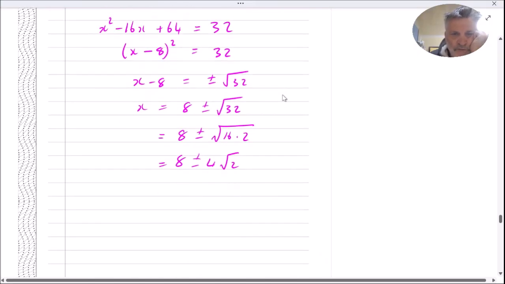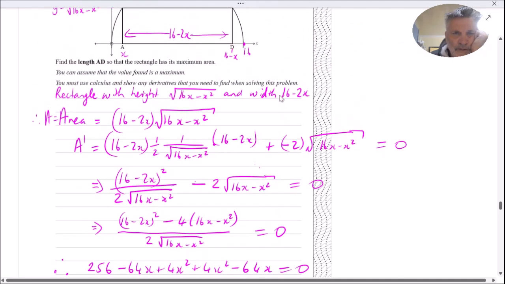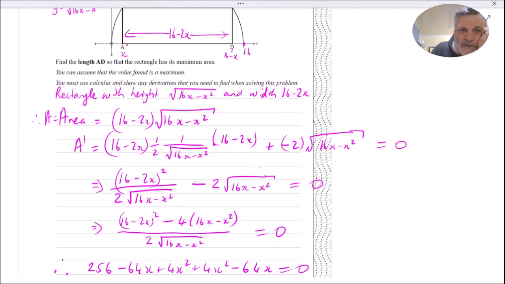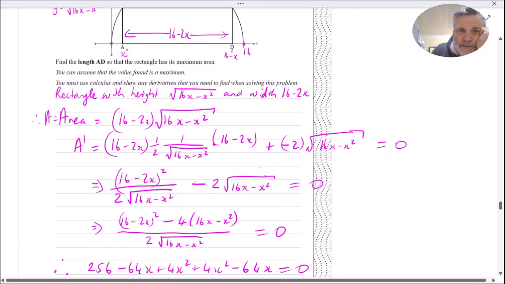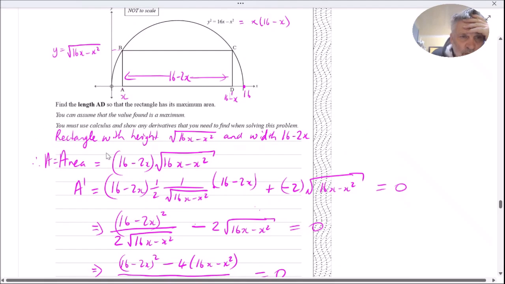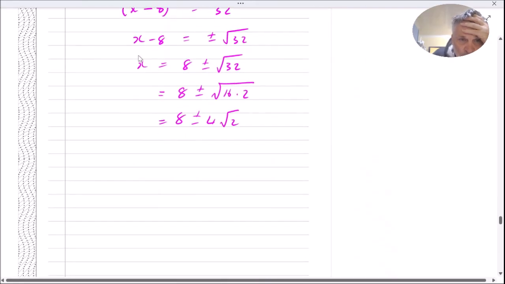And I think those two values are basically going to give us x as either end of this, because if we make x big, 16 minus x is going to be small. It's just flipping these around. So you must use calculus to show that. So we want to find the length AD. So we want 16 minus 2x, that's our length AD, which is 16 minus